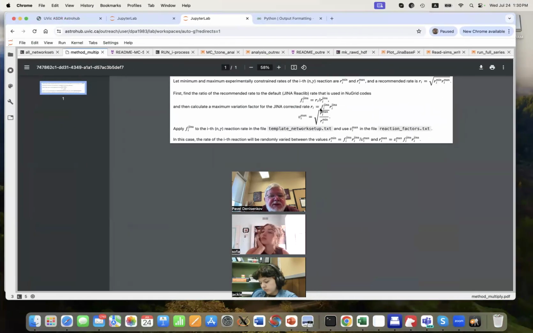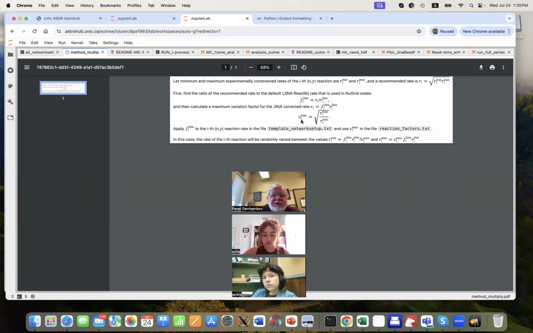And the second thing, the last thing, now I have to calculate the new maximum variation factor. Because the experiments done by Andrea, like 3-4 years ago, now provided a new recommended rate that we just calculated, but they also reduced the uncertainty range compared to what was from our TALYS calculations. So now we have to calculate the new maximum variation factor, which should be equal to the square root of the ratio of maximum rate to minimum rate.